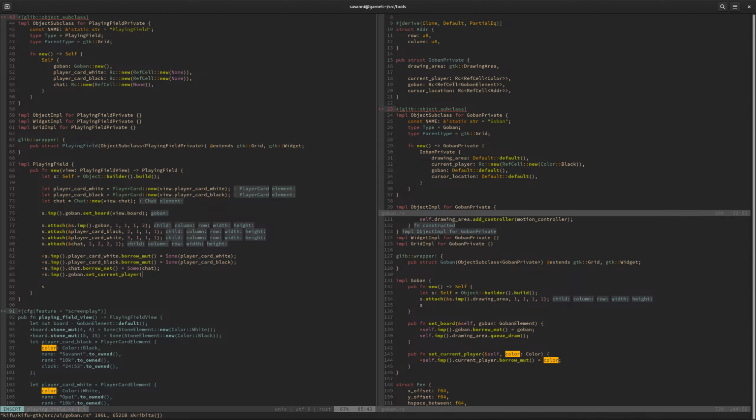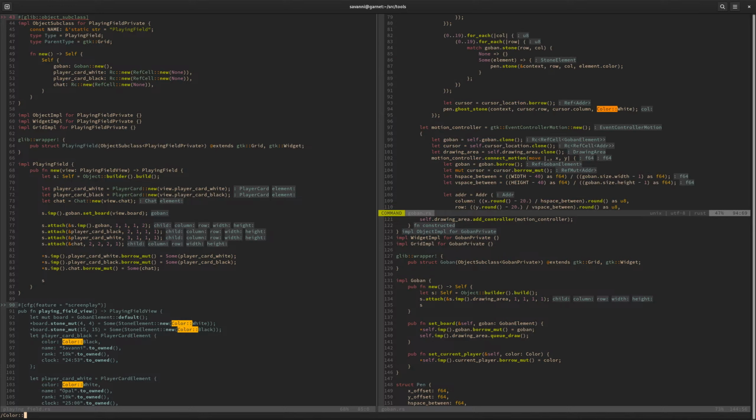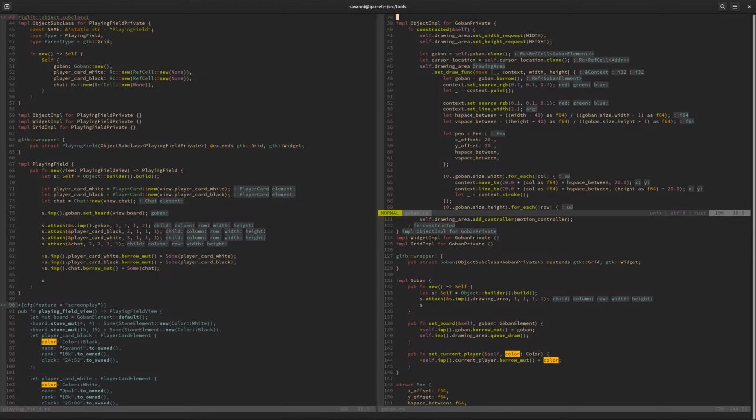Because we're defaulting to black. Well, no, I'm not going to set the current player yet. I'm going to make sure that I'm actually using the current player to render the correct color. And since I know that we just changed it,